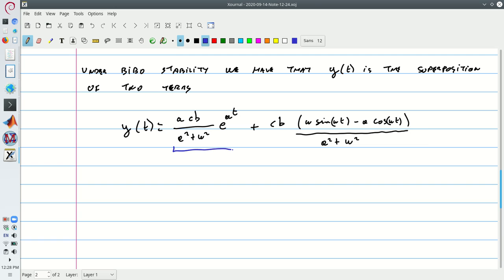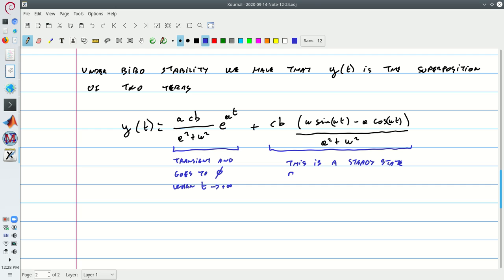This part here goes to 0, so it's transient, and goes to 0 when t approaches infinity. And instead, this is a steady state response,